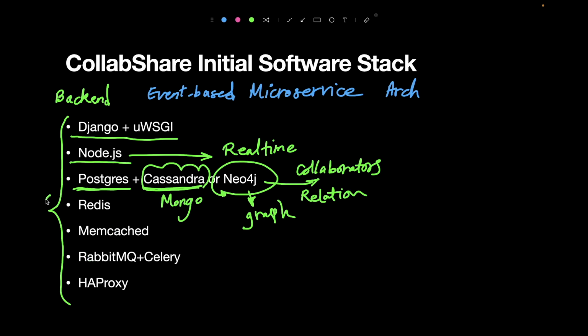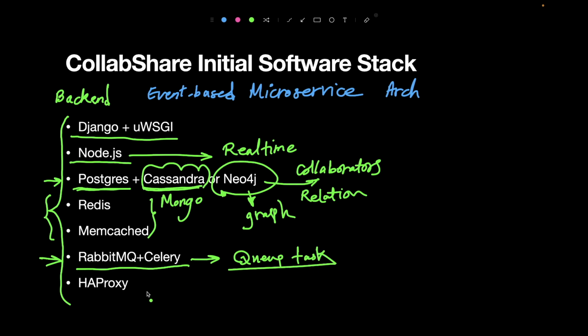And in order to decrease the load of the databases, I would like to use Redis and Memcached as key value in-memory databases. And of course, we will need RabbitMQ and Celery for queuing tasks, and HAProxy or Nginx